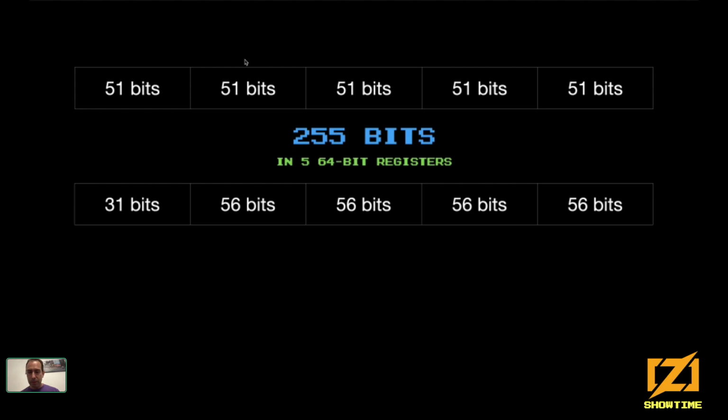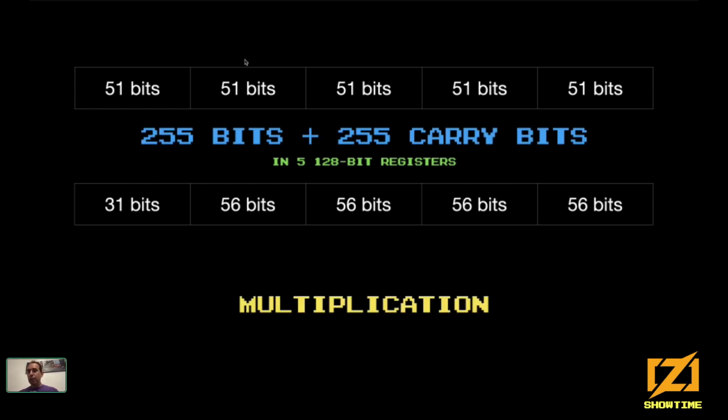And what about multiplications? Well, if we want to do a multiplication, the result is going to be twice as big. Well, it could be twice as big. So what we can do is still have 5 limbs, but instead of having 64-bit limbs, we're going to use 128-bit limbs. And this is going to be very efficient. LLVM can generate very, very efficient code for that. So this is great. We just do this. And we still have 51 bits per limb.